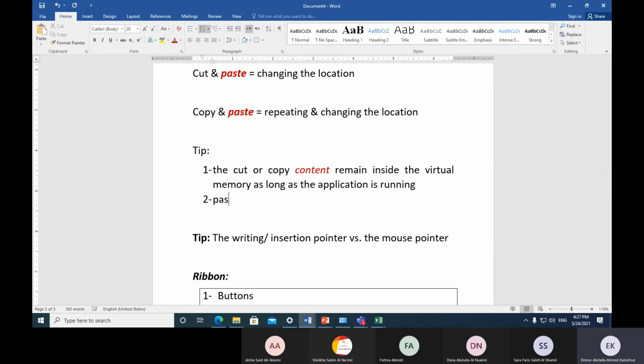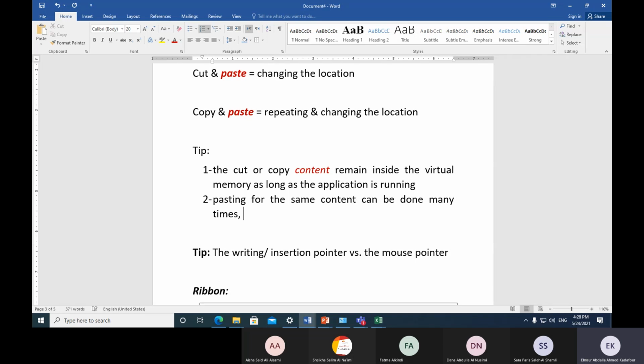The second one is that pasting for the same content can be done many times. We tried this. The pasting operation can be done many times and, moreover, within the same